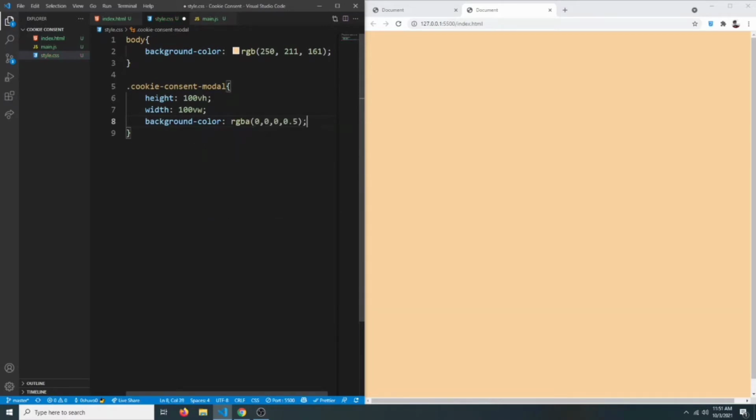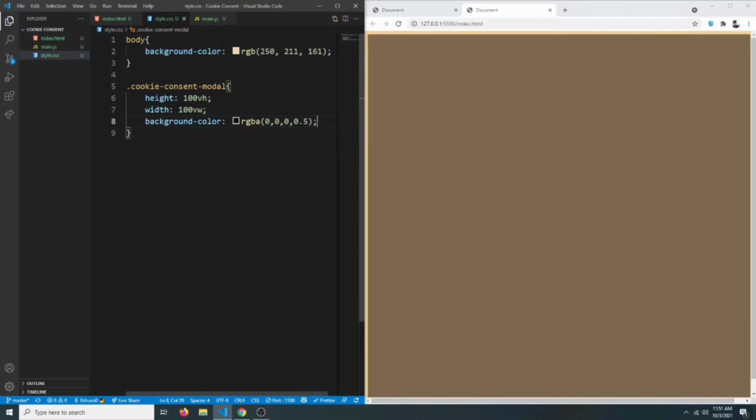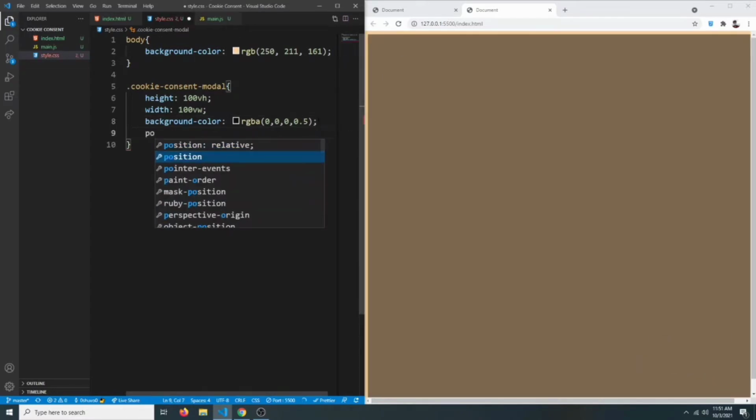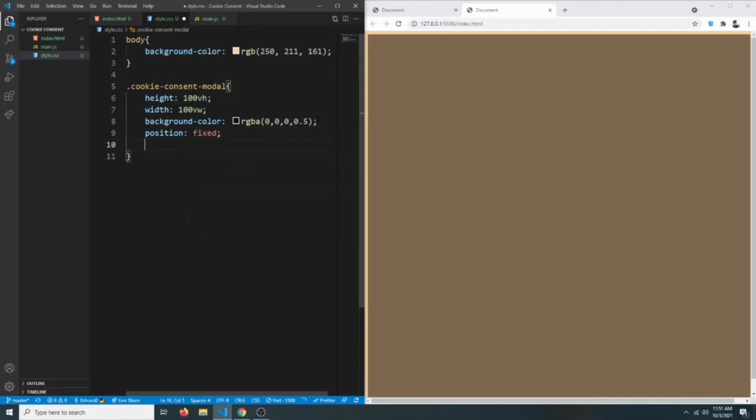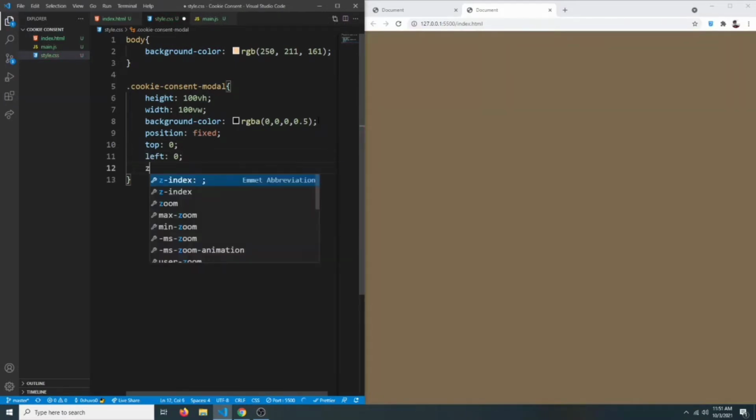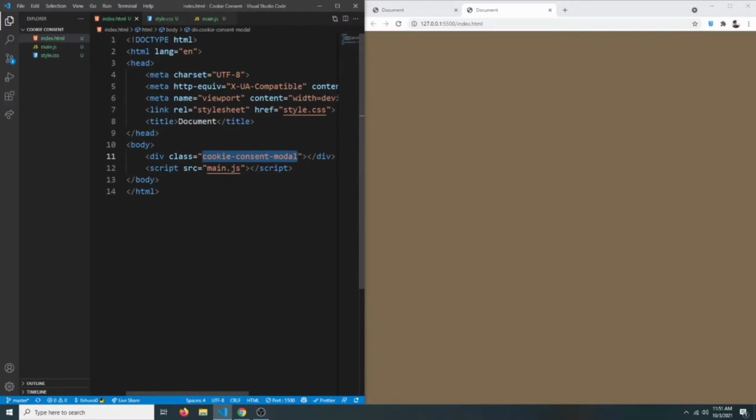It will be a transparent black color, so the opacity should be 0.5, like so. And let's say the position should be fixed, and top will be 0 and left will be 0. We can also say the z-index to be some big number, so this will always be the top layer, like so.